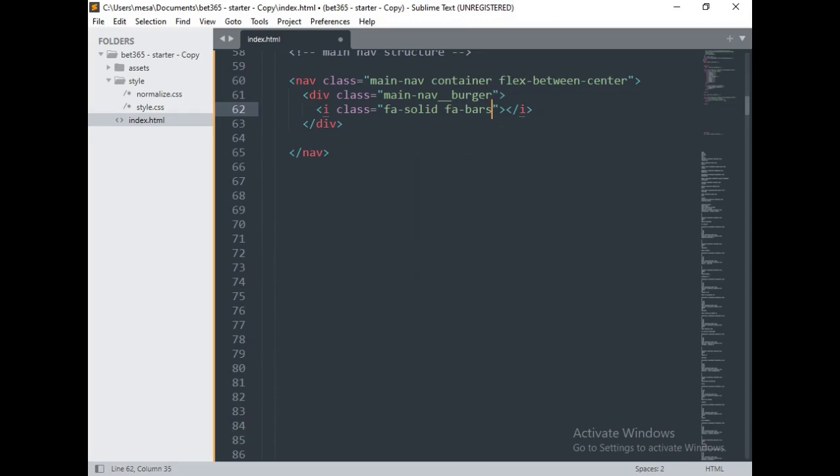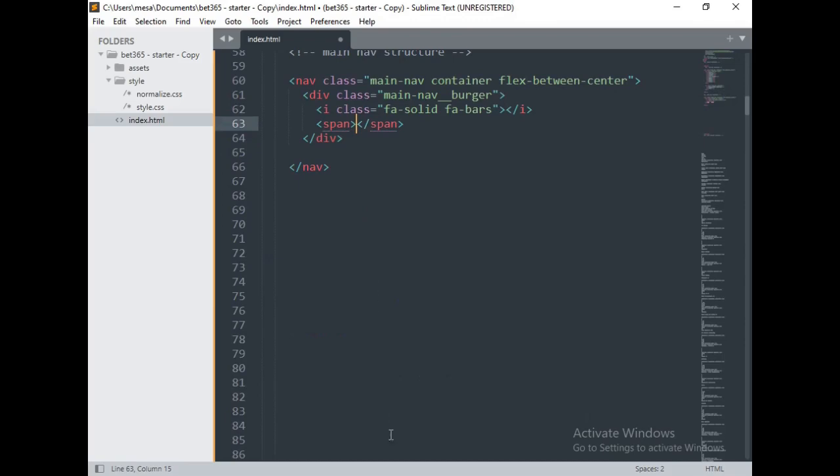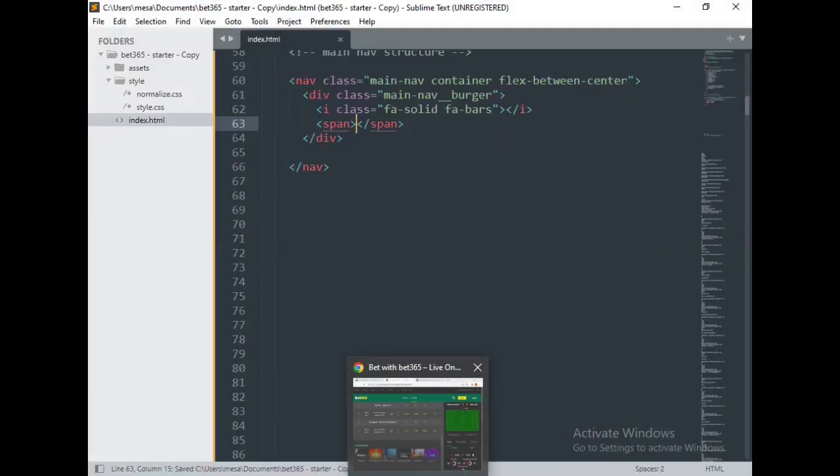Then let's add a span, and I need text for the span. It's not there, but if we save,